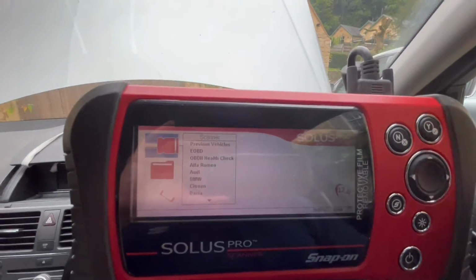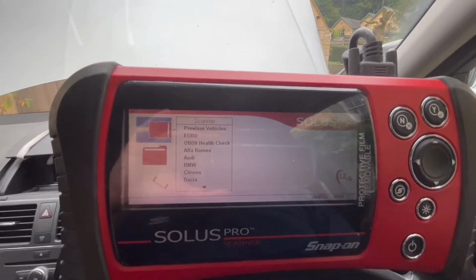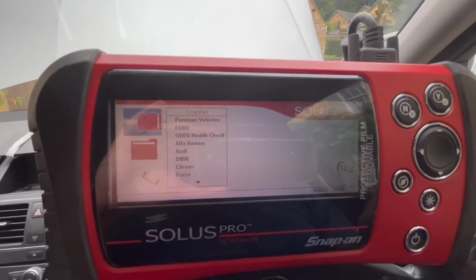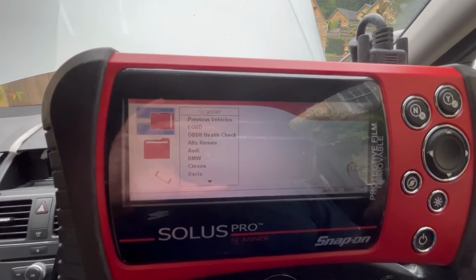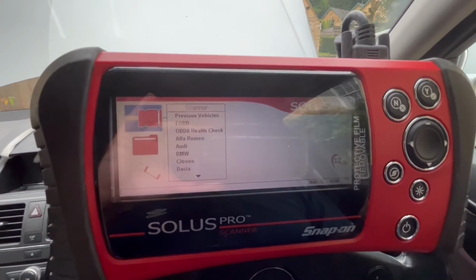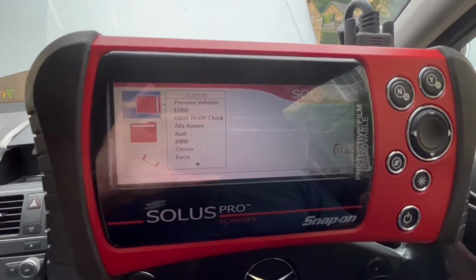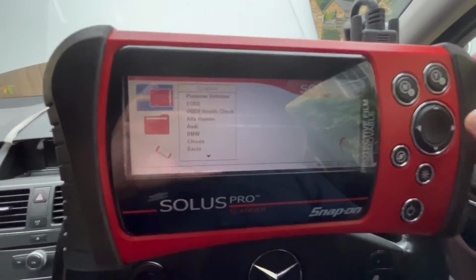So I've got one of these diagnostic machines. This is quite an old one. I think I've had it for maybe 10 years or so. The software is good up to 2011. I'll probably get it updated, but I will probably upgrade the system. Anyway,